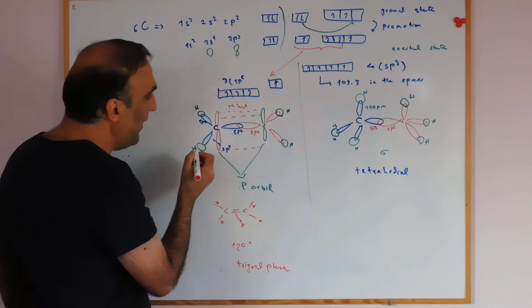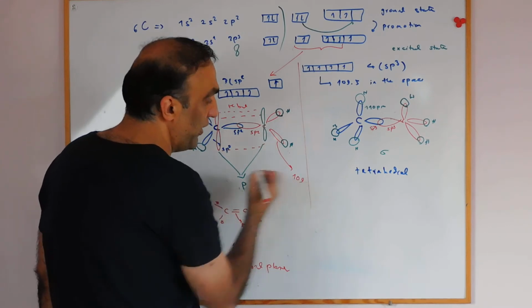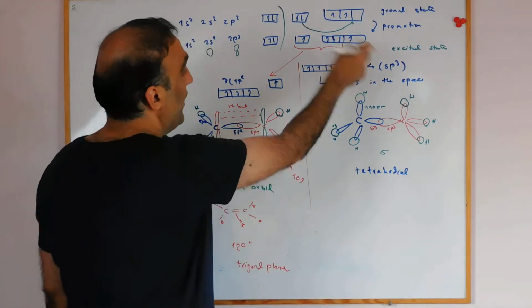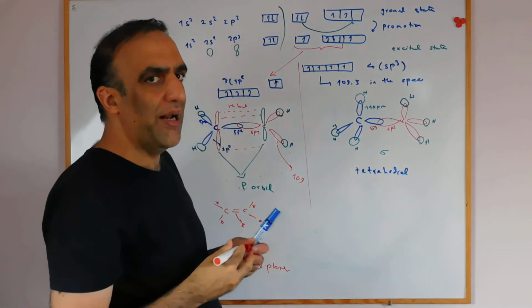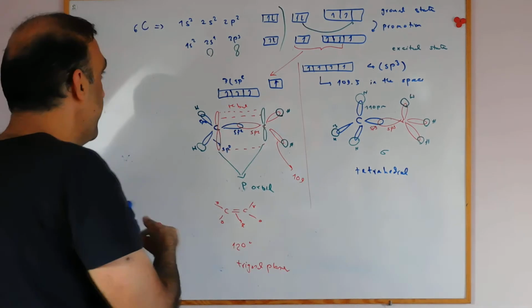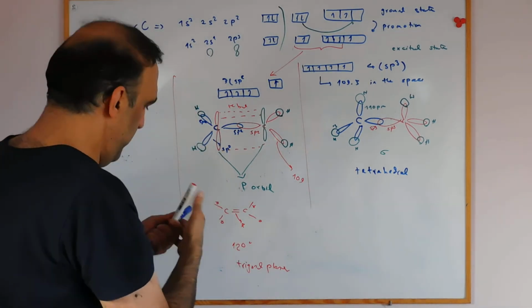The carbon-hydrogen bond length will be a little smaller, 109. Why is it 109 rather than 110? Because the double bond has a higher electronegativity compared to the single bond. And the third group, if we hybridize